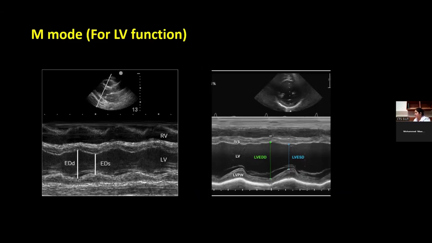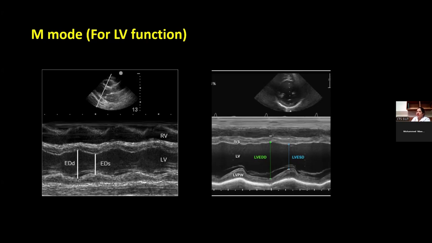It has its own weaknesses and its own strengths, but why I have chosen this is because you guys are doing focus and lots of echo for the LV function. So the important thing for the LV function here is that you have to place the cursor, and look at where you are placing it. If the cursor placement is not right, if it is towards the apex, then it will not give the proper placement and proper area.